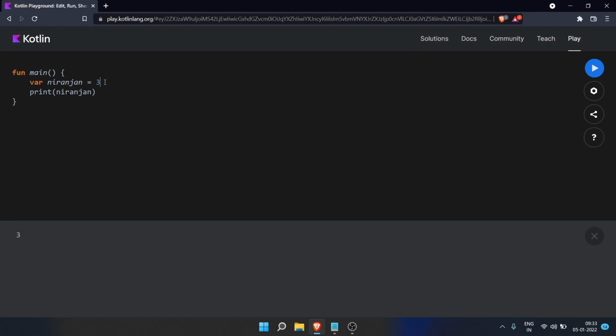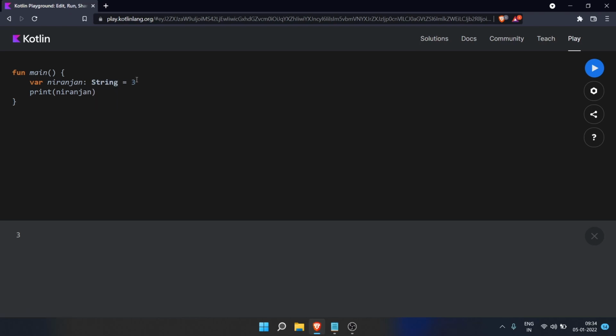It knows that 3 is a number and not a decimal, so it should be just an integer value. That is the reason we sometimes need to mention the type explicitly. For that we use a colon, and after that you can write, for example, string.